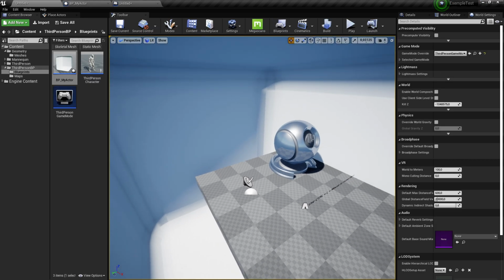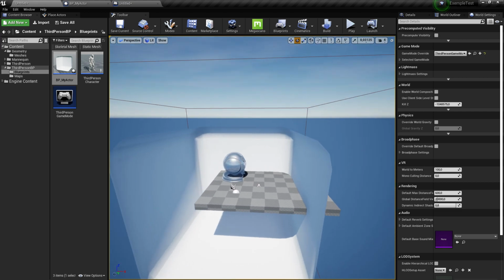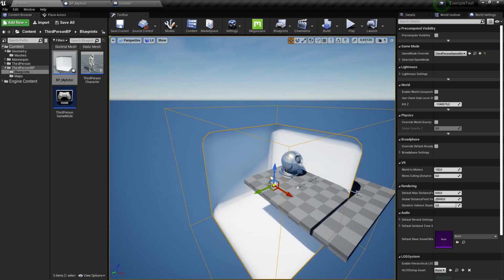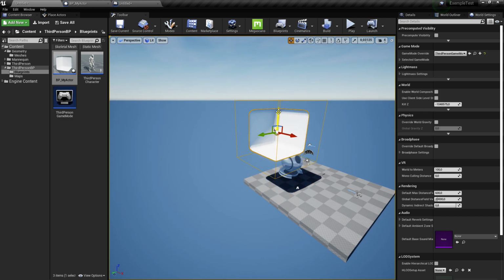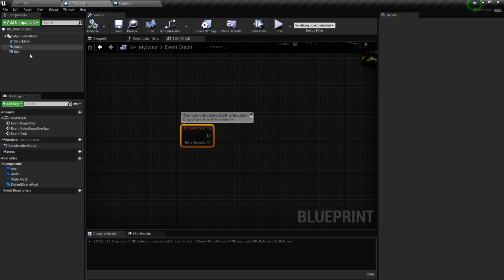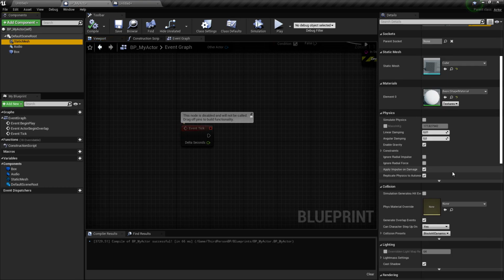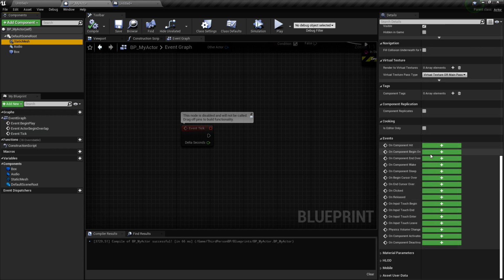You can drag and drop every actor that you have inside your scene to work with it. And you have every property if you want to call events.